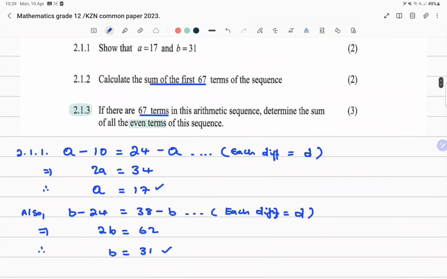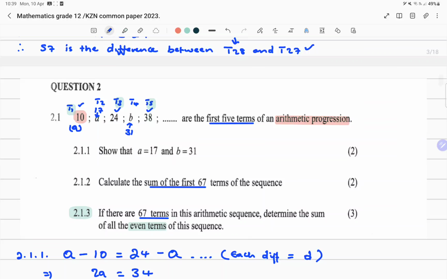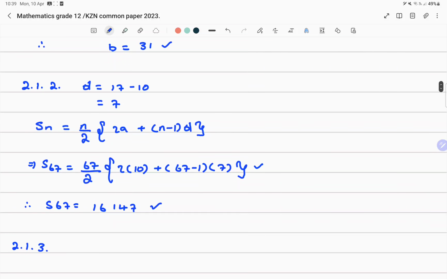Now, since we can see that when we investigate our sequence, every odd term, when I say odd term, I mean term number, as in T1, T2, T3, every odd term number is actually an even number in terms of its value. So we can already tell that T67 is an odd number, so it should be an even number, looking at this pattern right here. So we want the last term here. Let's just say L is going to be T67, okay,